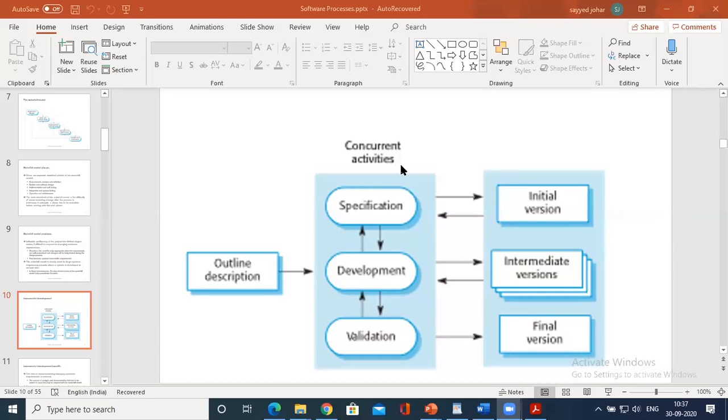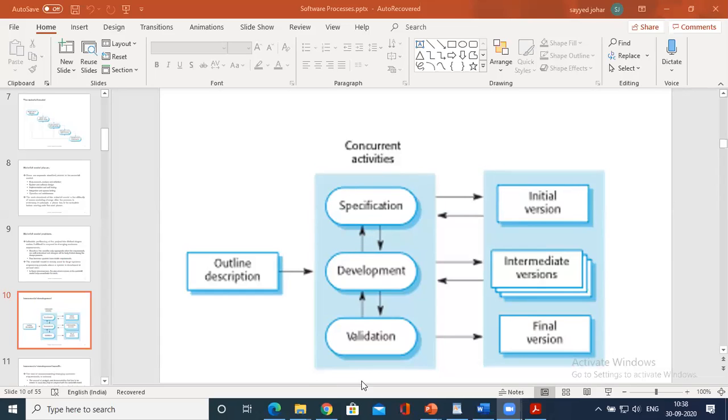Once again, in the diagram, you can see what is the meaning of interleaved. They are not separate processes.